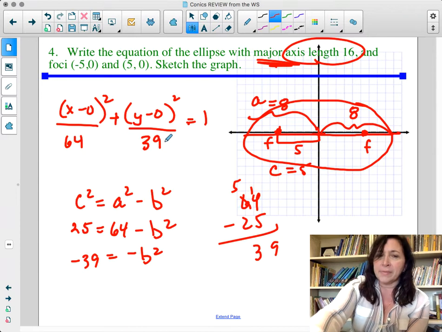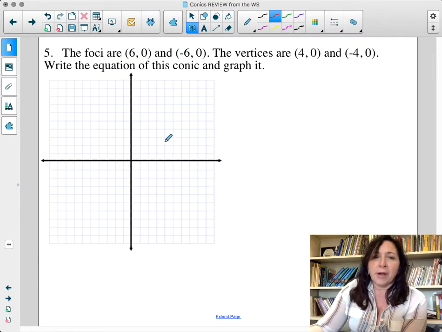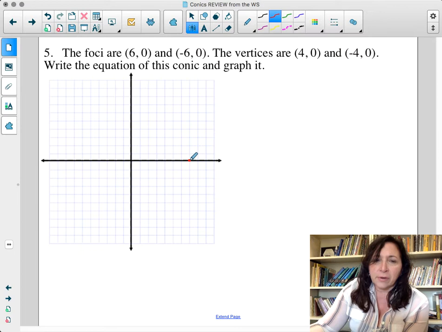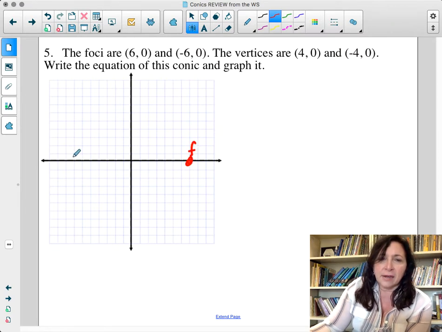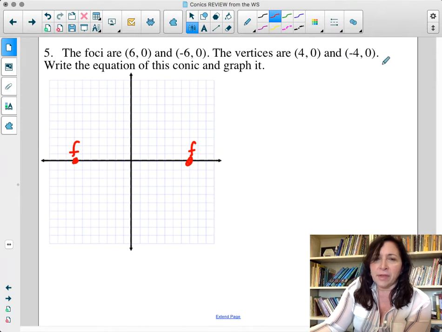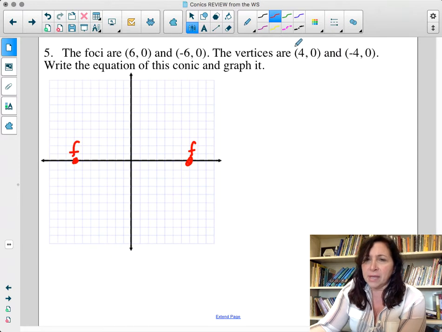Cool. Okay. Next problem. The focal points are (6, 0), that's an F, and (-6, 0), a negative F. Okay, the vertices are this. Write the equation of the conic. Because they're telling me that the vertices are (4, 0) and (-4, 0),